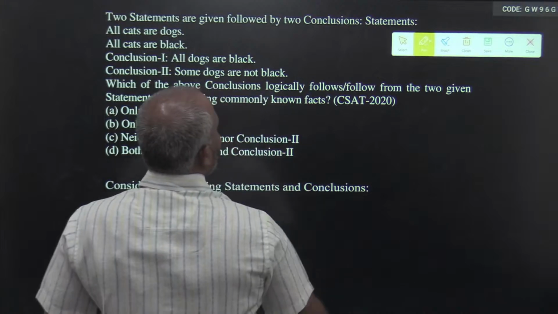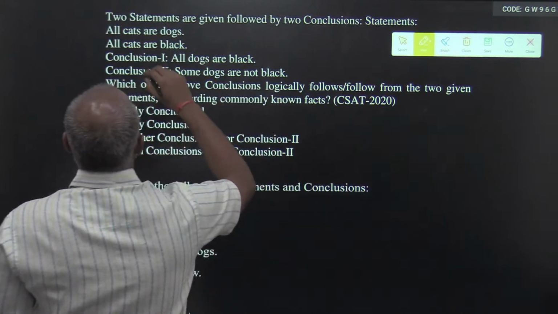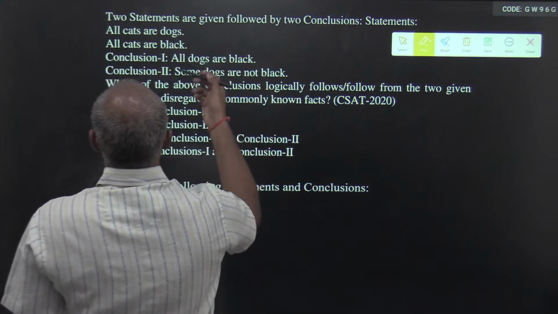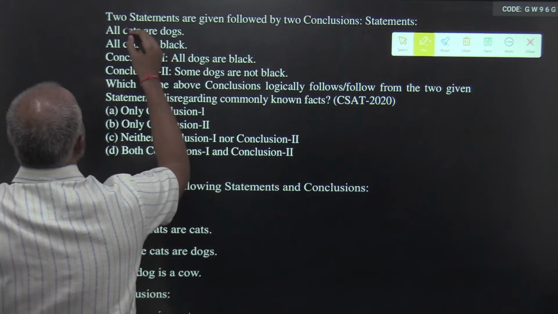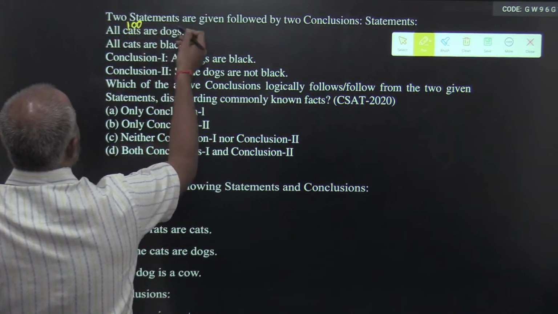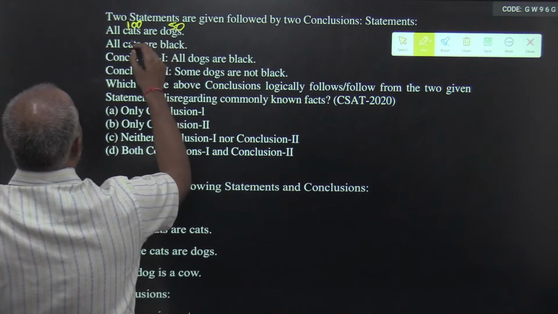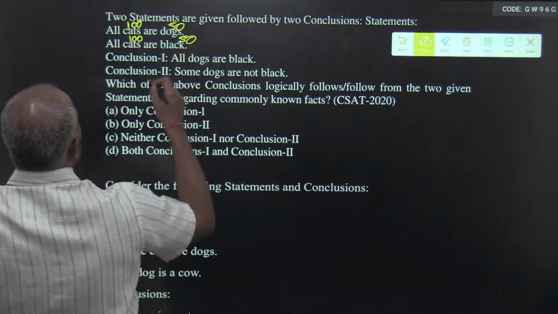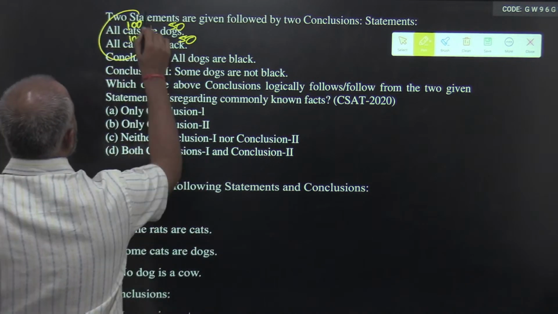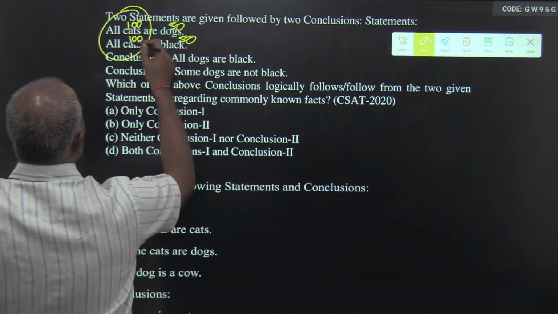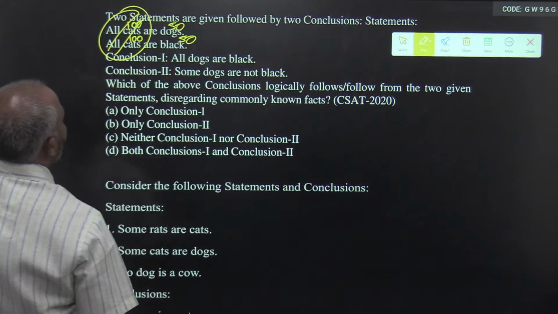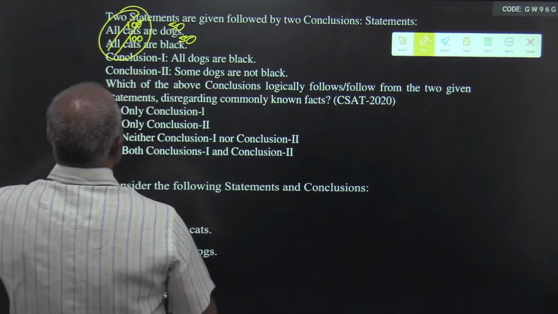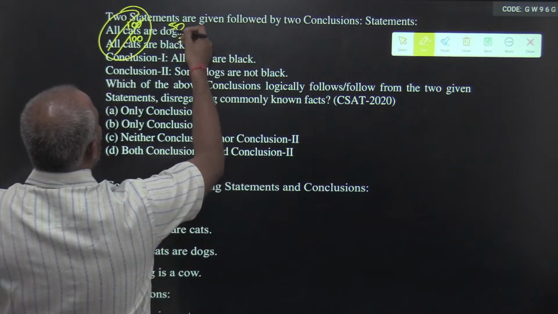Okay, so let's start solving. All dogs are black. So dogs are black, so everything is a relation between dogs and black. All is 100, a positive statement is 50. All is 100, a positive statement, this is 50. What is the common element? Cats. Can you form a relationship between 1 and 2? Yes. Why? Because cat has at least achieved a value of 100 at least once.